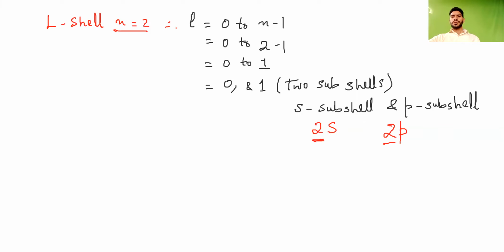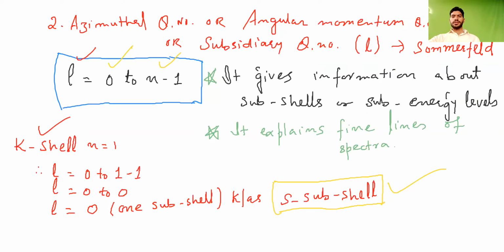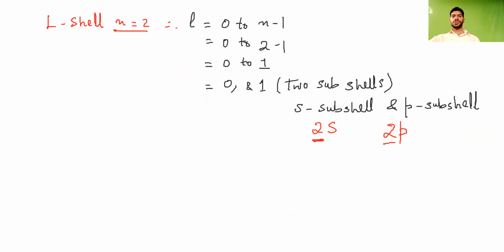Okay, let me show the previous slide. In the previous one, I told that there is one S subshell. So how will you represent this? You will represent it by 1S because the n value is here 1, right? So 1S means that this is the S subshell of the first shell, that is your K shell. Now here, in the second, that is your L shell, the n value is 2. So that means S subshell will be represented as 2S and P subshell will be represented as 2P. Okay, then let's move to the next one.